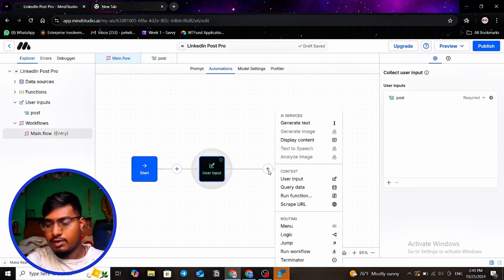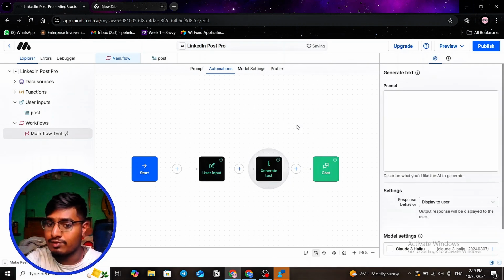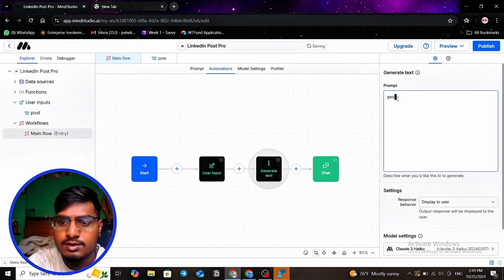Now, after that we need something to write. Who does the writing? We use text generation. Now we should write a simple prompt: generate a LinkedIn post on the basis of